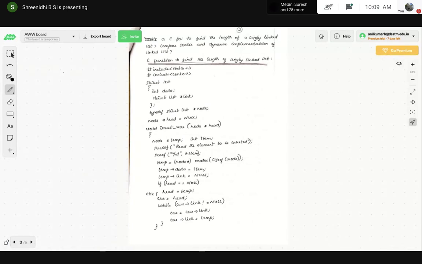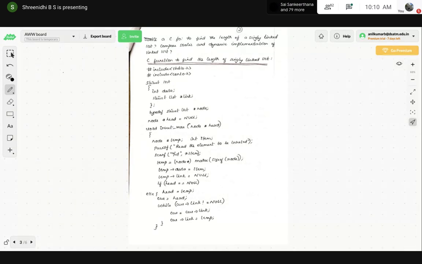Since data is a normal value, we have made it an integer data type. What will the link contain in a linked list? The address of the next node, right? Since it contains the address of the next node, it should be of a structure type only. Struct list is the structure name, that is the tag of the structure.